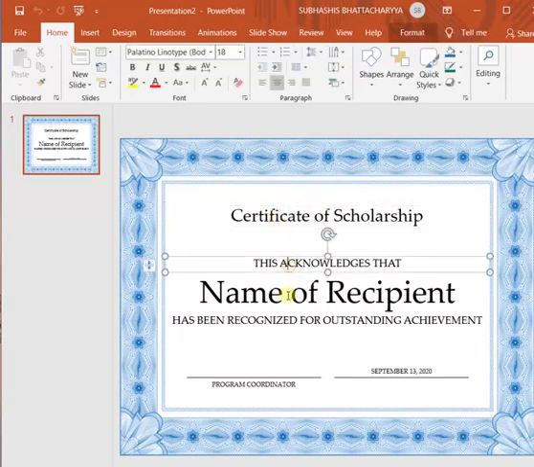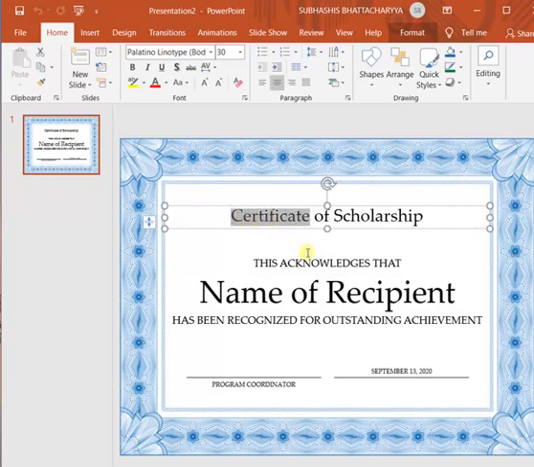The font style, the font size, even the content. Content means I want a certificate type of format, so even it is written how the certificate will look like. So they have already made a format for our certificate.